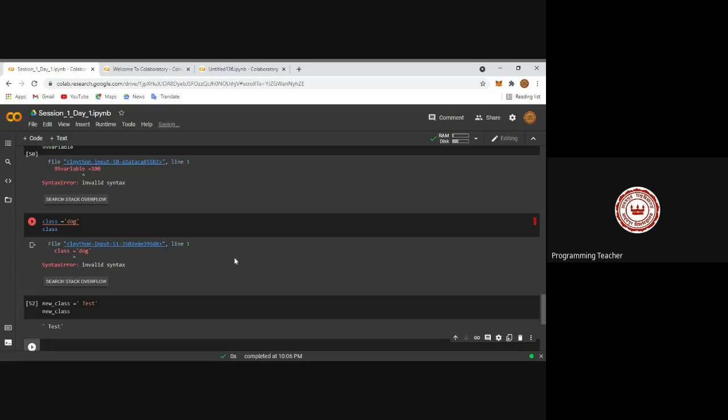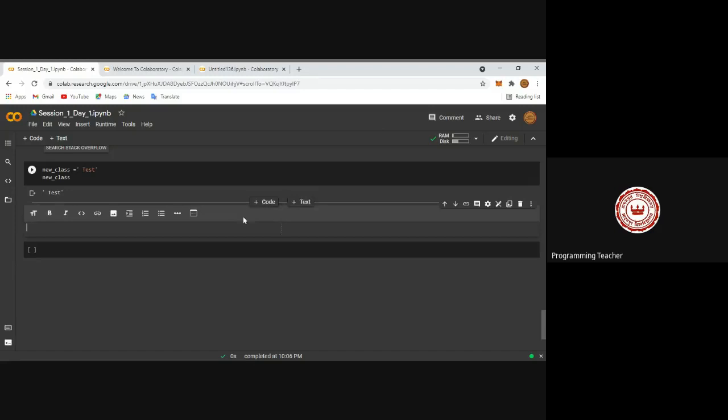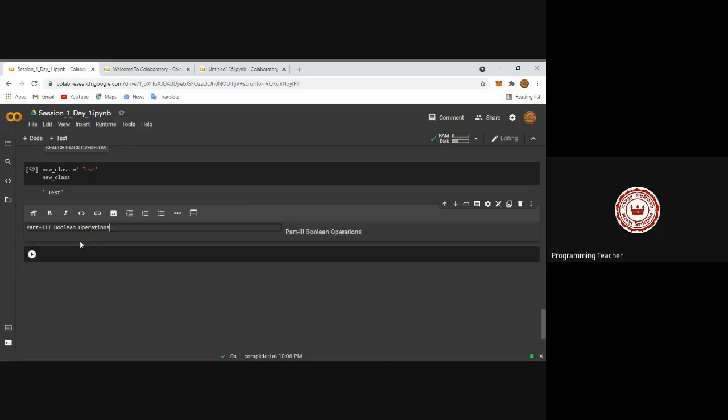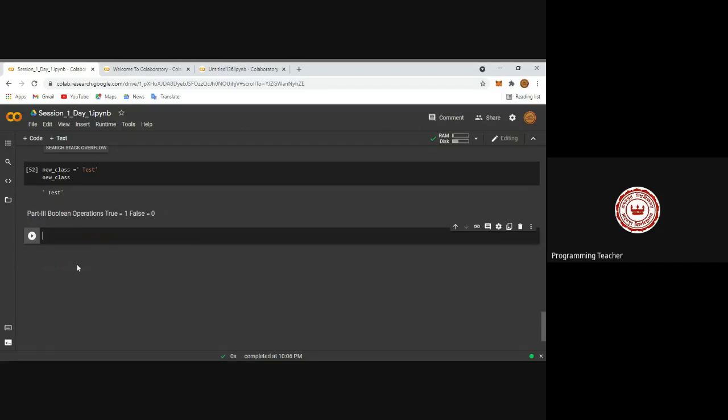Now, in normal case, this is my part 3. Okay, part 3, Boolean operation. Two famous keywords, true equal to 1, false equal to 0. Your Python can understand these quite easily if you type normal true and if you type false.